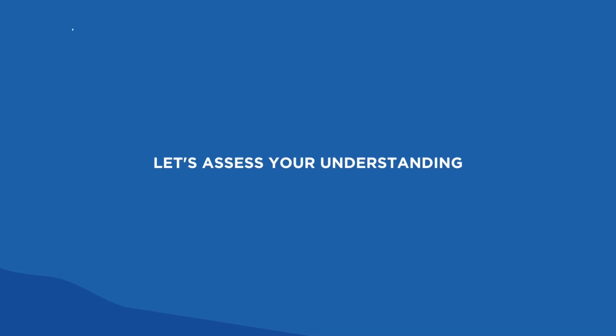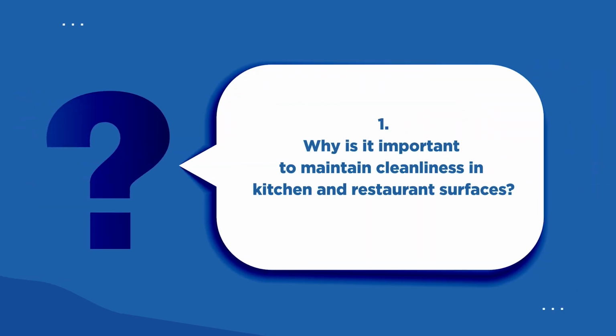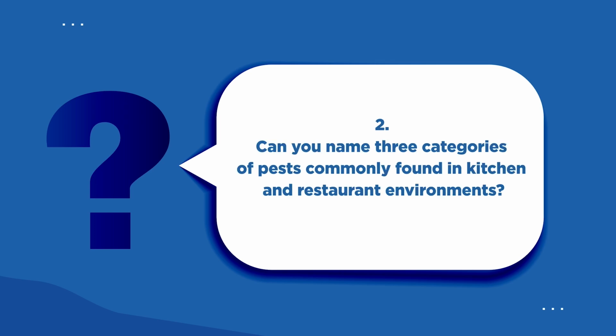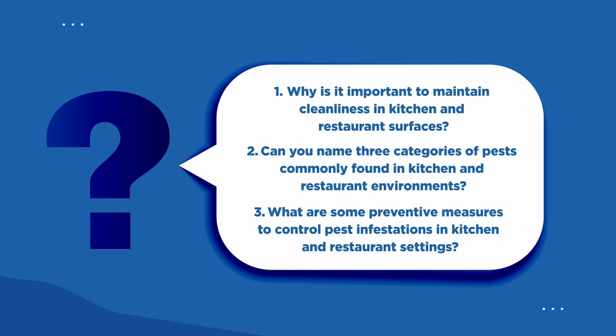Now, let's assess your understanding. Why is it essential to maintain cleanliness in kitchen and restaurant surfaces? Can you name 3 categories of pests commonly found in kitchen and restaurant environments? What are some preventive measures to control pest infestations in kitchen and restaurant settings? Reflect on these questions to